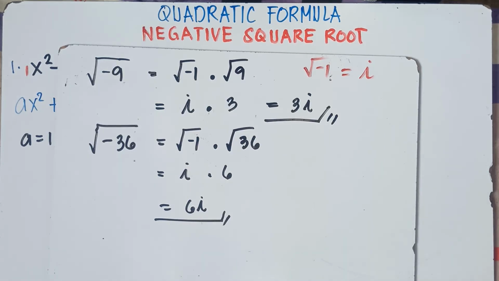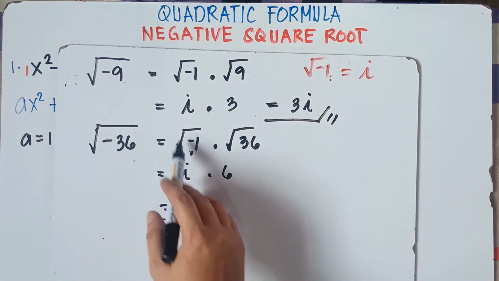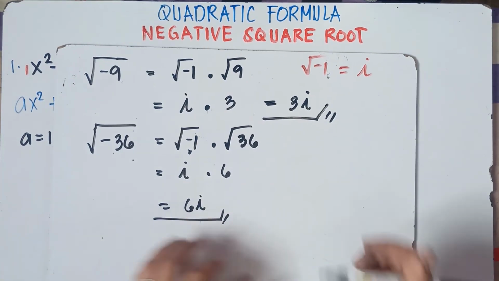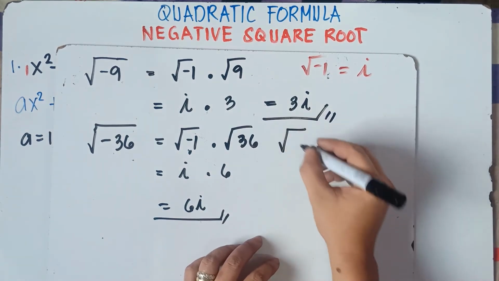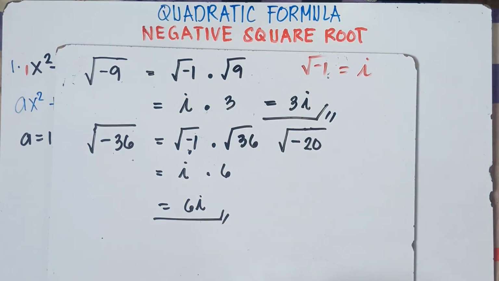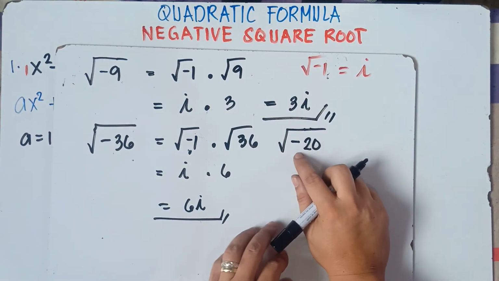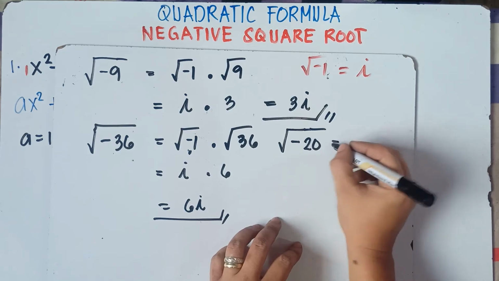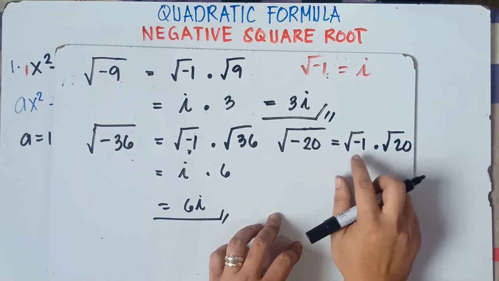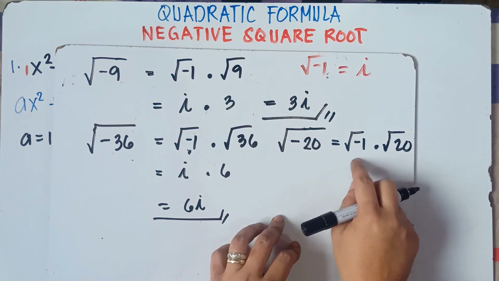So that's the thing there, class. The first thing that you need to do is remove this negative sign by simply writing the square root of negative 1. Last example, class. What if this is not a perfect square? Example, the square root of negative 20. And 20 is not a perfect square, right? So we first remove this negative sign. How to do that, sir? Simply multiply the square root of negative 1 times the square root of 20. And the square root of negative 1 times the square root of 20 would be the square root of negative 20. So we just remove this negative symbol.